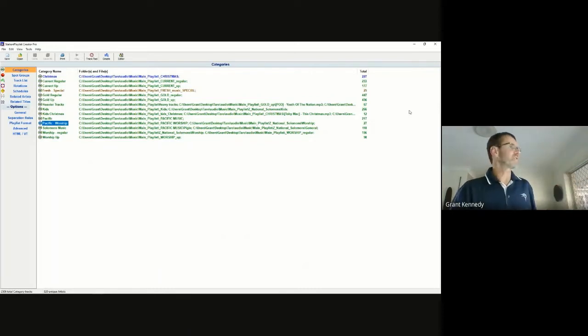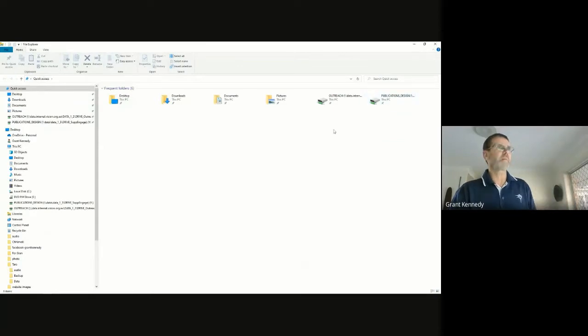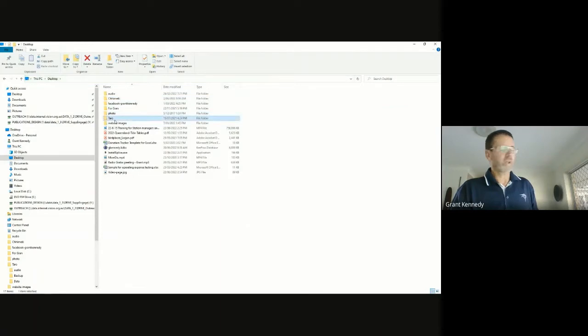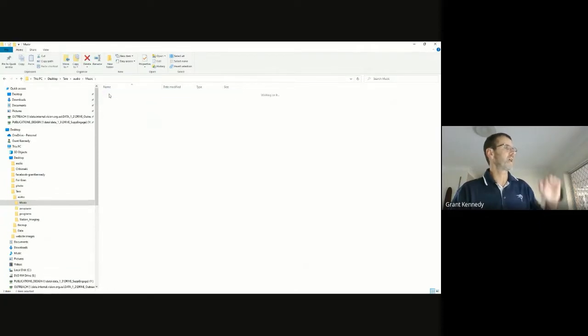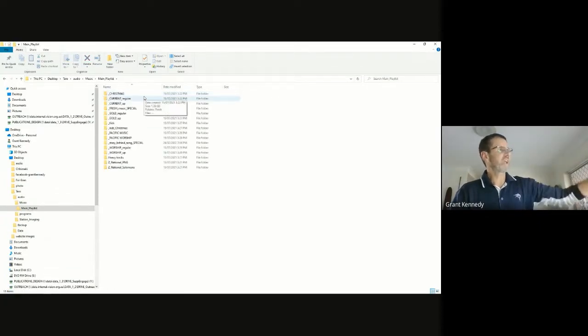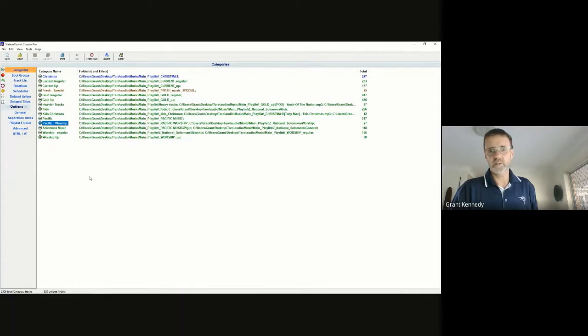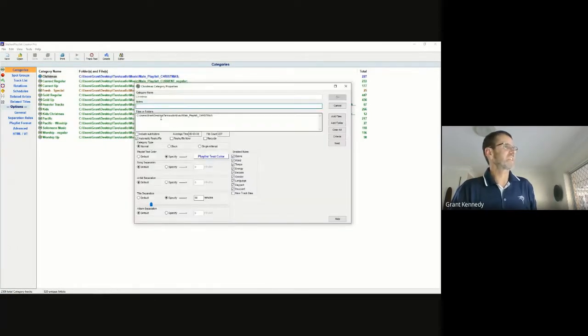The music categories that I have chosen line up exactly with music that I've put into specific folders. So if you go into our audio folder, music folder, our main playlist, you'll see that the folders here very much line up with the categories. So, for example, the Christmas category is actually just the Christmas folder.